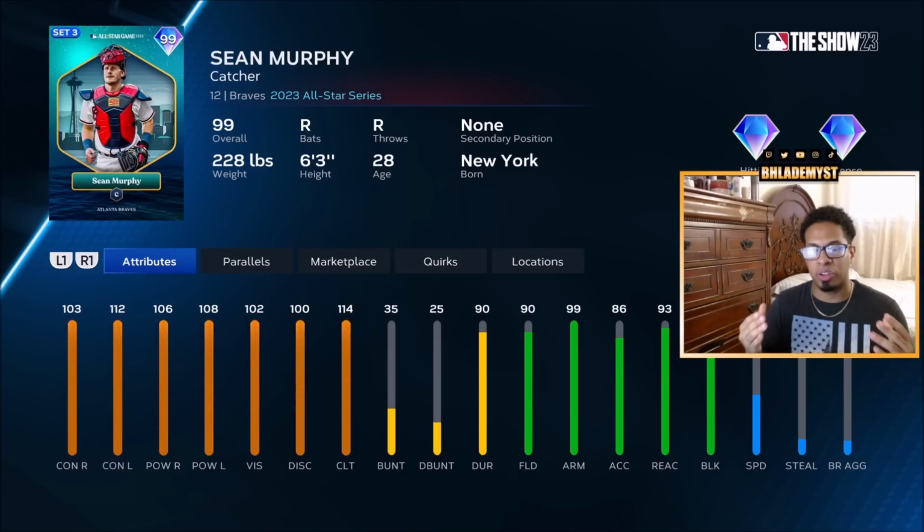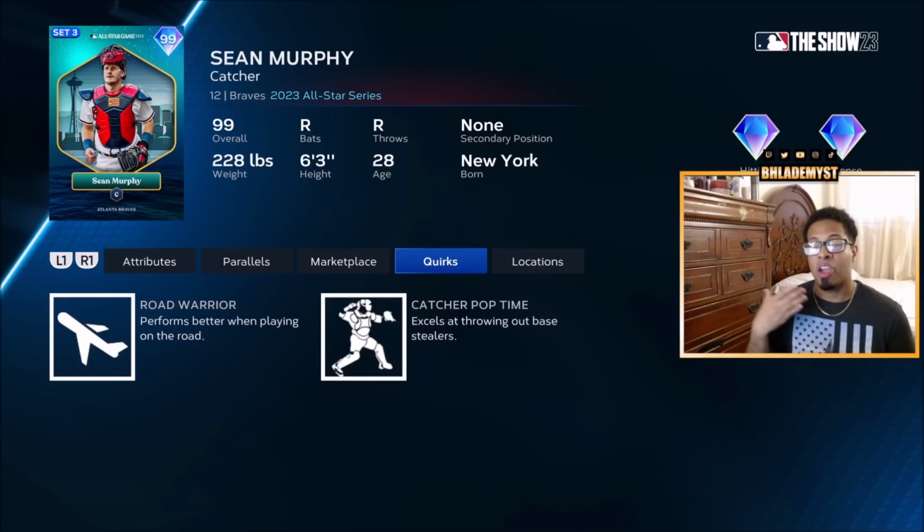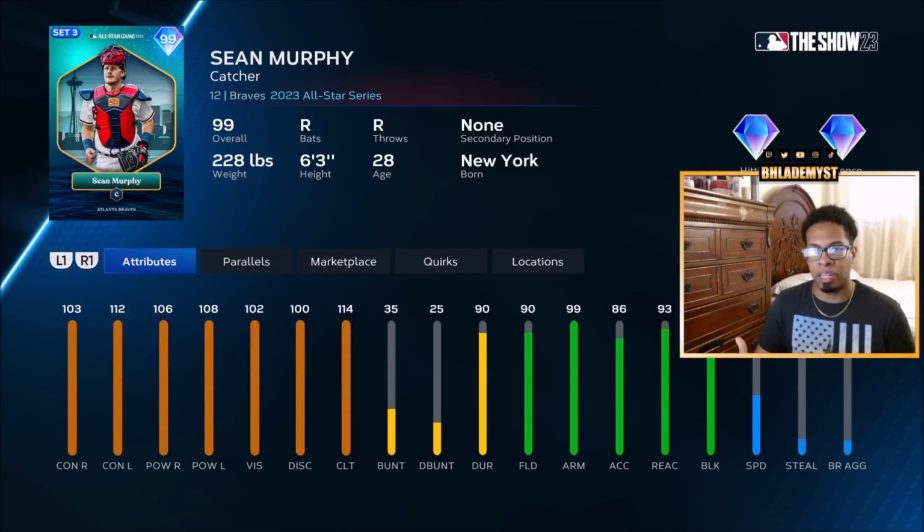The reason why he's the third option is because you have Adley Rutschman in the set 3 collections, and you would rather have a switch hitting catcher that rivals this card in terms of defensive attributes and hitting attributes rather than someone that can only hit right-handed. He doesn't have as many quirks either as Adley Rutschman, so Adley Rutschman is who we're going to go with